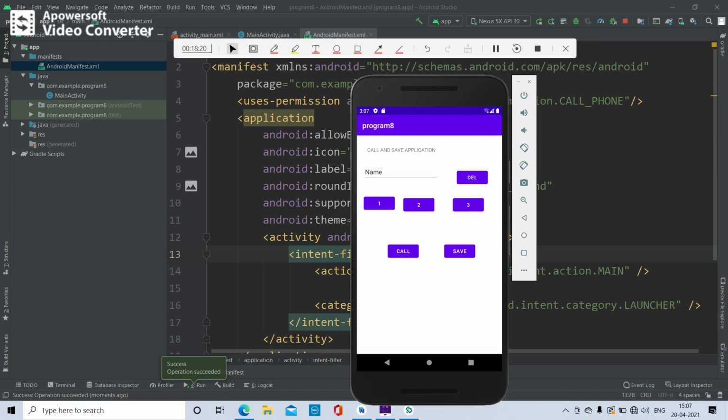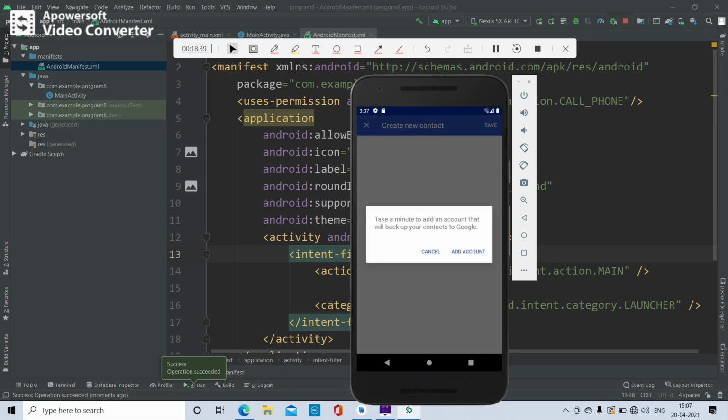Once again, you see the interface. First you have to delete, then when you dial the number and click on save, it has to save in the telephone directory. Now it takes a minute to add an account that will back up your contacts to Google.